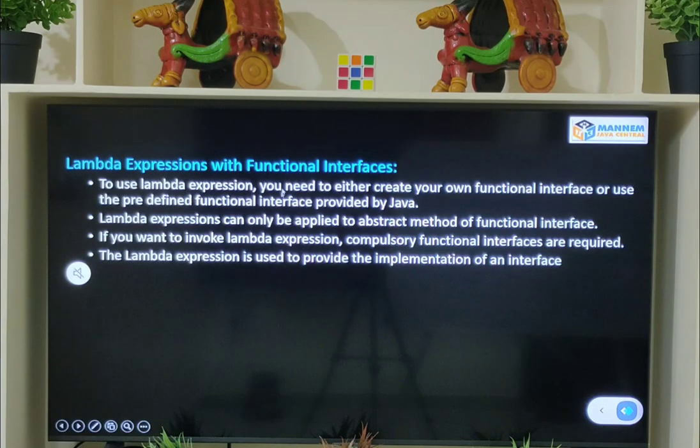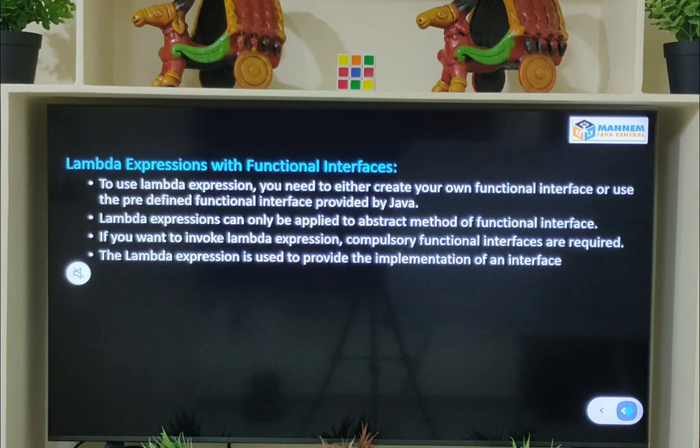Lambda expression with functional interfaces. As I already discussed with you, what is the use of lambda expressions? Lambda expressions are used to provide implementation to the abstract methods of functional interfaces. The type of lambda expressions are functional interfaces.